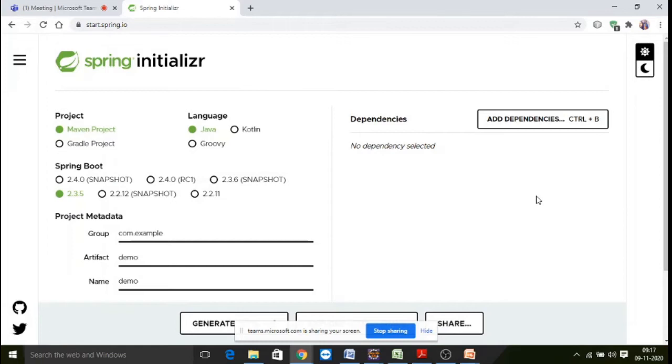I'll show you two types of Spring Boot project creation. One is Spring Initializer, and the other is creating a simple Maven project and converting it into a Spring Boot application.